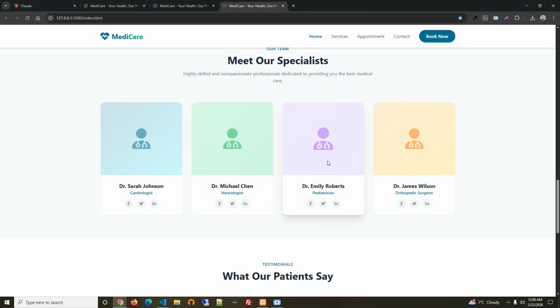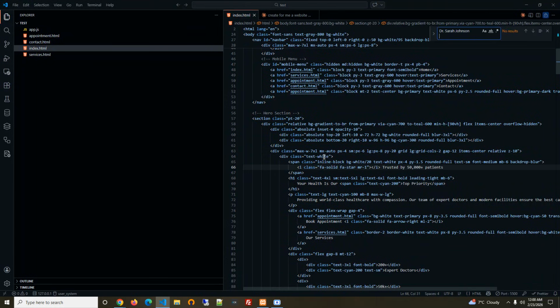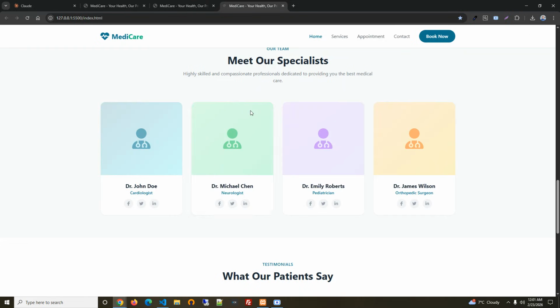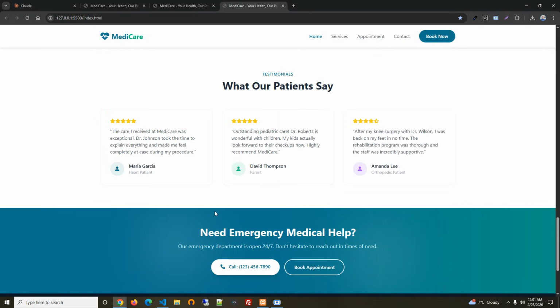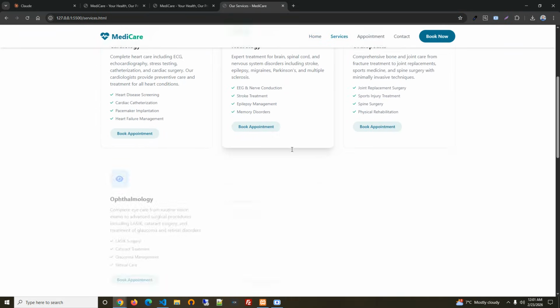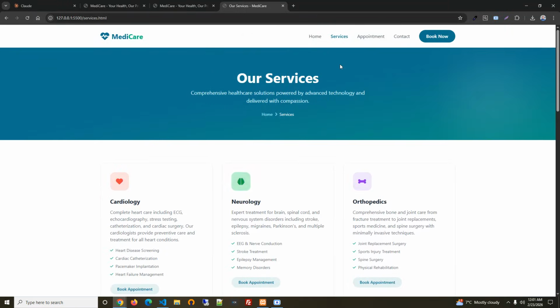So everything you can see here, you can change. For example, I will copy that name and then go here, and as you can see, it's here. So we can say it's not Sarah, but John Doe, this famous name, and then save, and you can see it's changed. If you have basic skills in HTML and CSS, you can change photos, the text, and everything you need to do with your website. And then it creates the services. It's everything made by